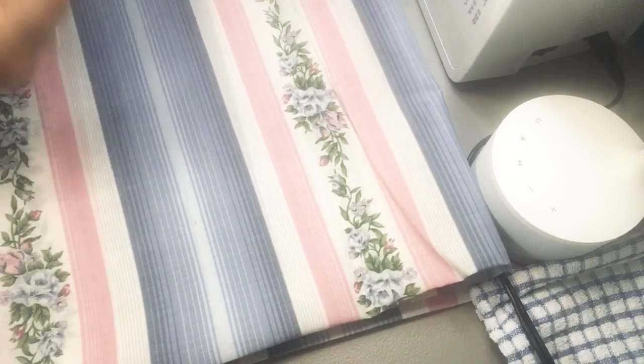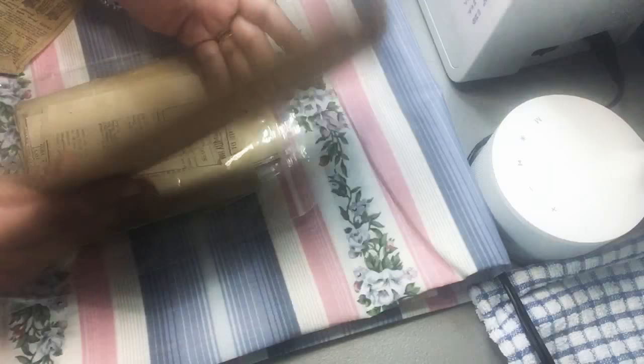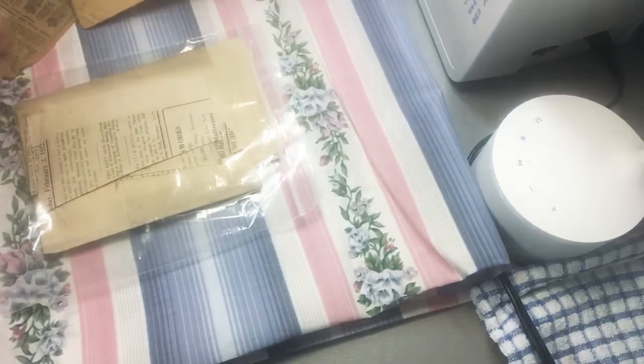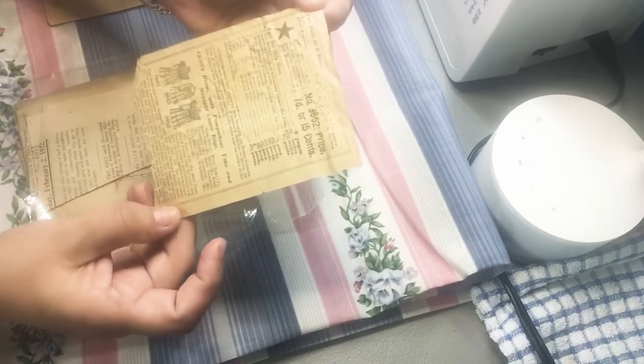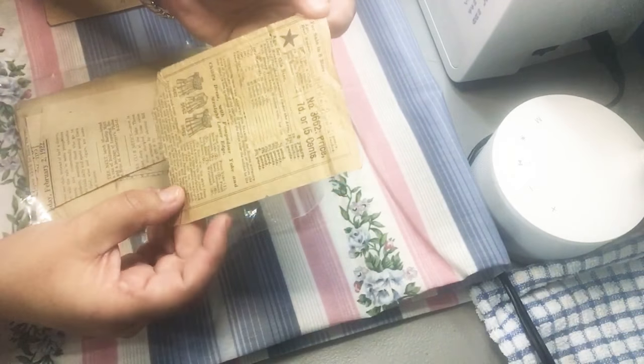One of the things that I bought at this antique store was this pattern. It is a Sears and Roebuck and Company pattern, and it just looked really old. I don't have a year, I haven't looked it up, but in the pattern it had this little vintage advertisement,